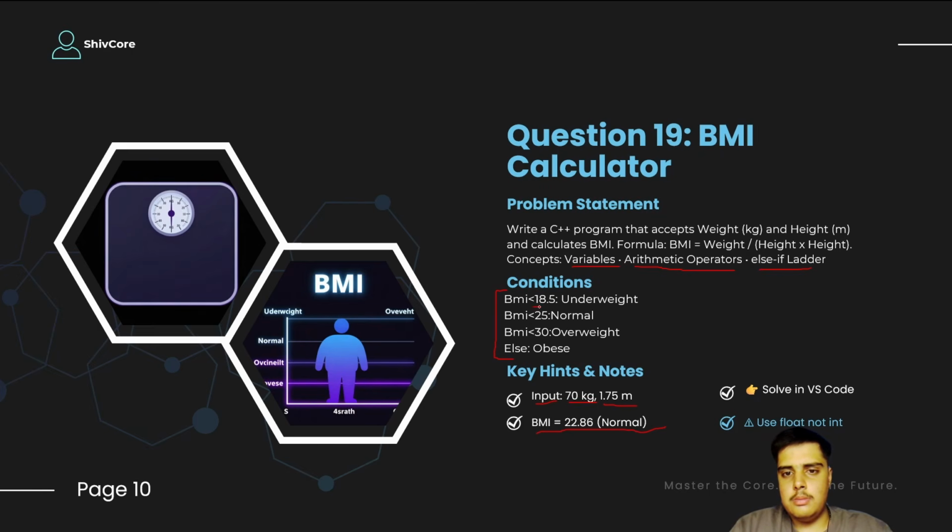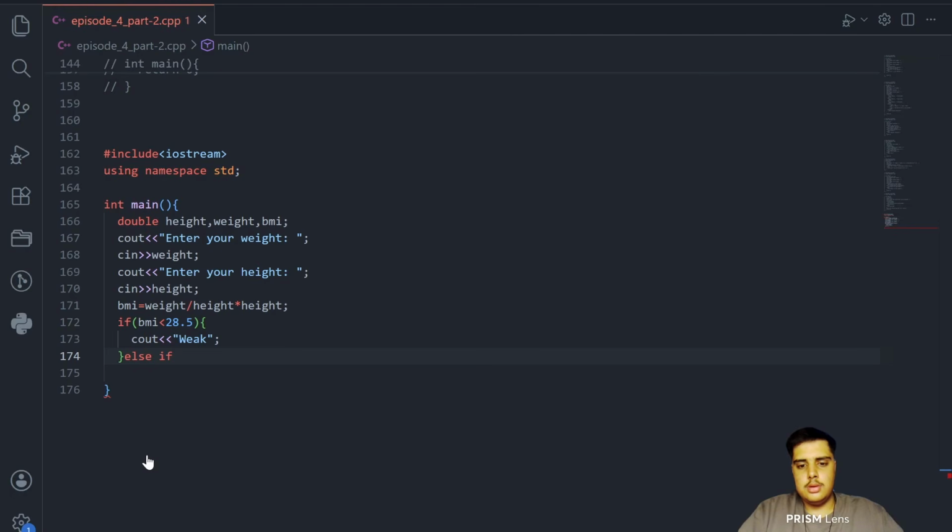So below 18.5 is underweight, below 25 is normal, below 30 is overweight, and else is obese. So coming back to VS Code, I will write 18.5 here, and I will say underweight,